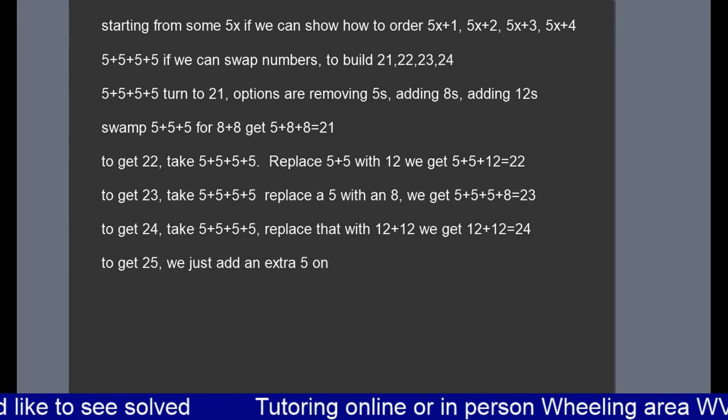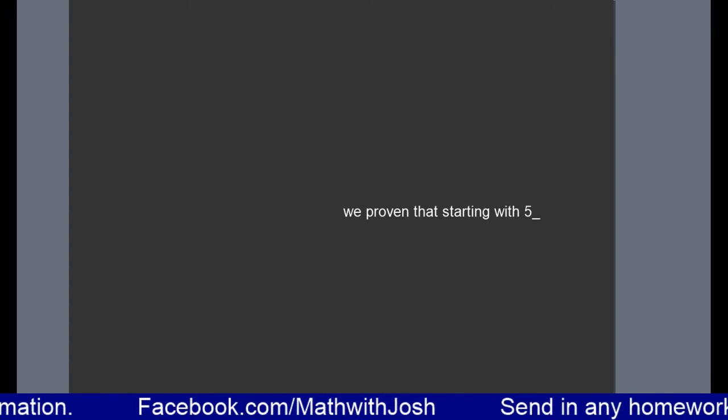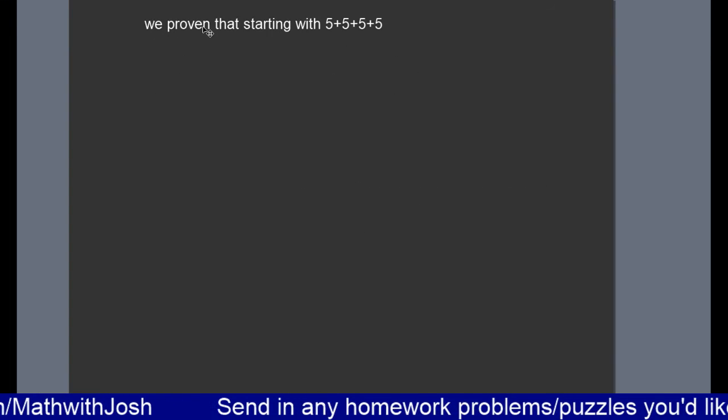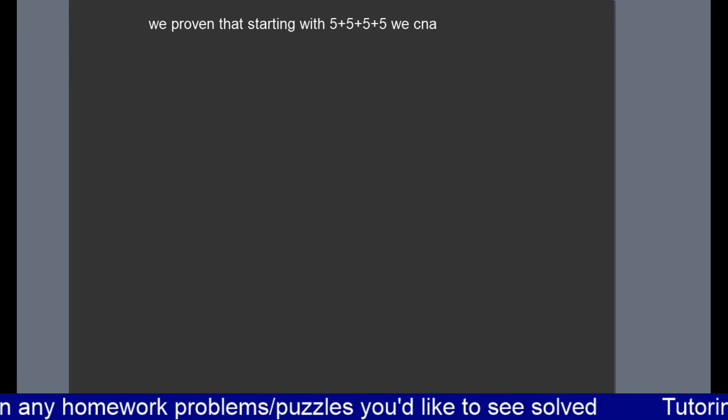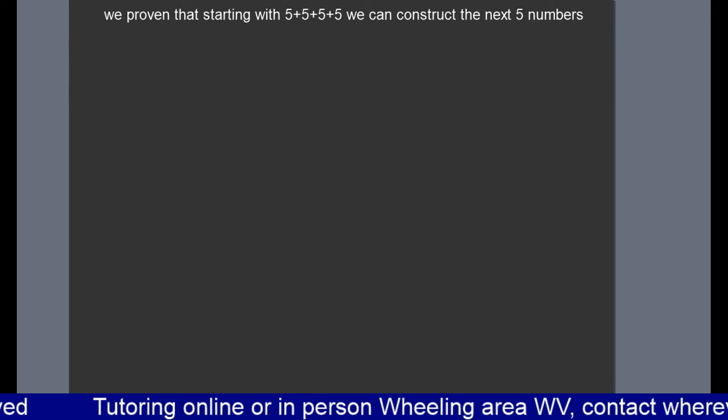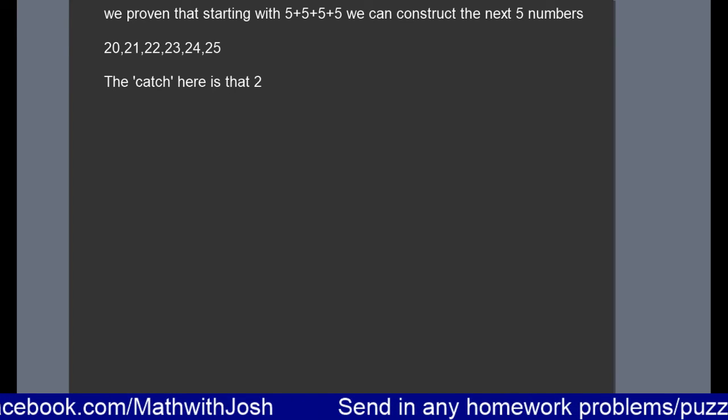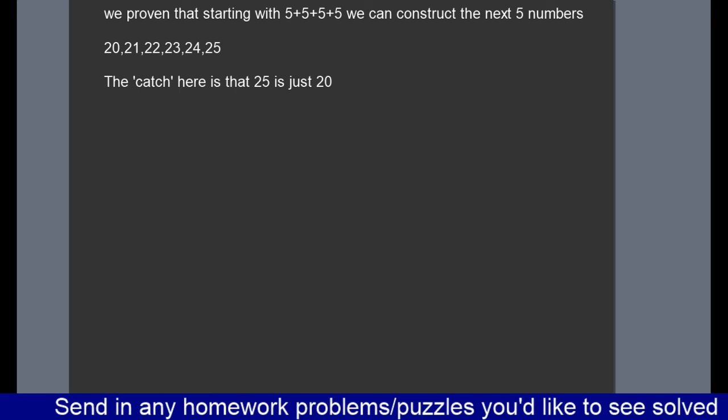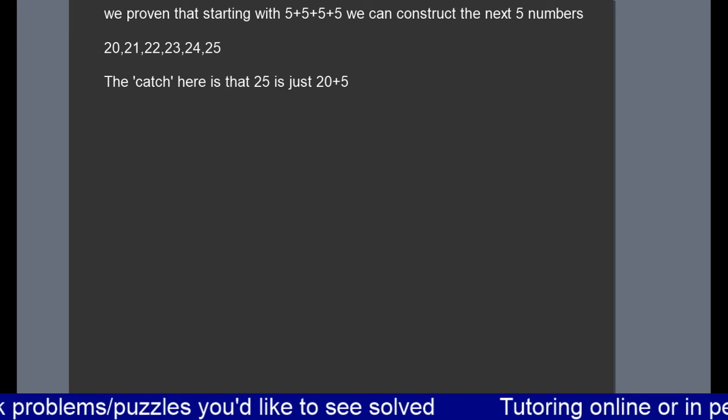I'm going to clear the board again. If you want to look at this a little bit more, you can pause the video. So we've proven that starting with 5 plus 5 plus 5 plus 5, we can construct the next 5 numbers. Now what that means is, 20 we can do, 21 we can do, 22 we can do, 23, 24, and 25. The catch here is that 25 is just 20 plus 5, and because it's 20 plus 5,